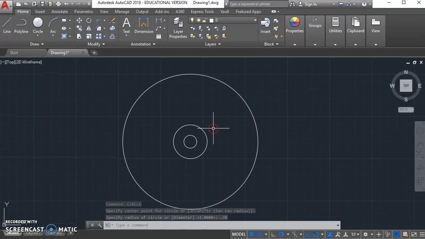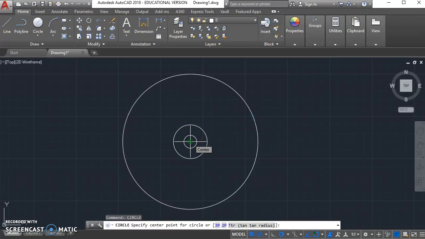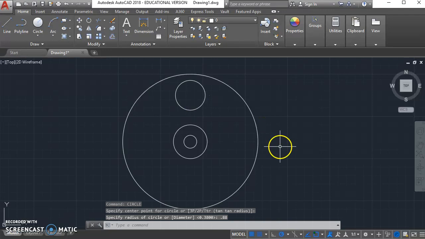Okay, for the next part, you're going to draw your circles above where you were already drawing. So I'll do a repeat circle, and this time I can count my snaps. And if you count the squares in your book, each square is a half an inch. So if you count up, it should put you right about there. And then you can put in the next radius, 0.88. And just keep continuing in that manner around the